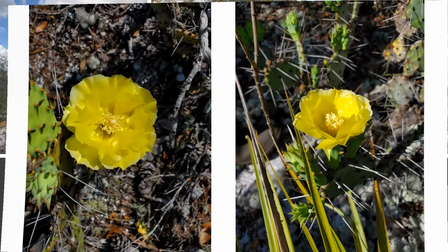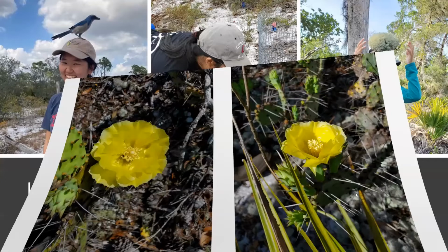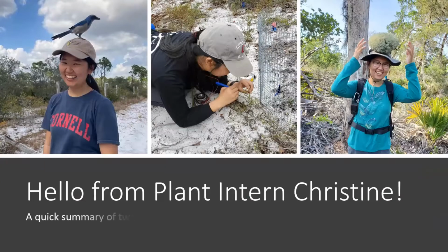All right, so hello from me, the plant intern. I've been at Archbold about 2 months, and I've done a couple cool things. Usually I'm in the field, in this middle picture here, looking at rare plants and counting them, and just having a really difficult time trying to separate them and count the different tiny little individual leaves. But I also do some cool things, like you see in the picture on the left, this scrub jay